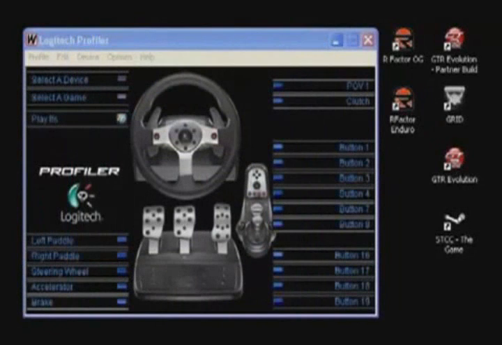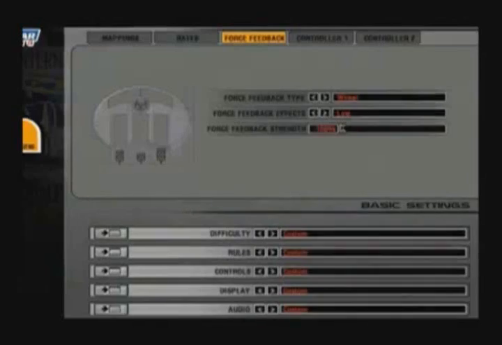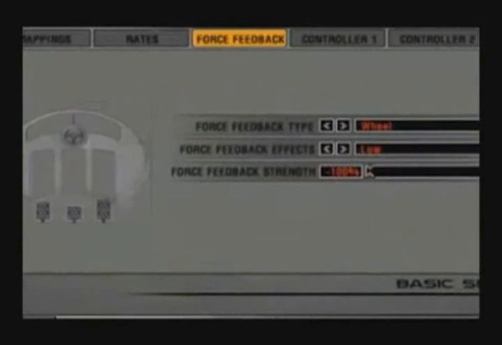And when in rFactor, there are only a handful of actual force feedback settings. The top one being type of force feedback, and obviously we want a wheel. Then you have force feedback effects. You will use this to determine the amount of effects being transmitted. And lastly is the force feedback strength, which you can put at any level you feel is right for you. And remember, for some reason, to use negative force feedback in rFactor. I have no idea why, but in rFactor